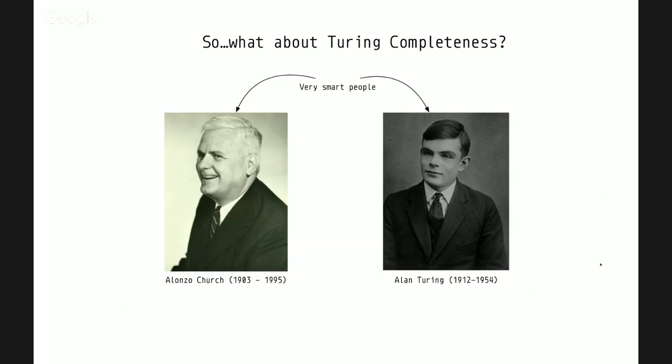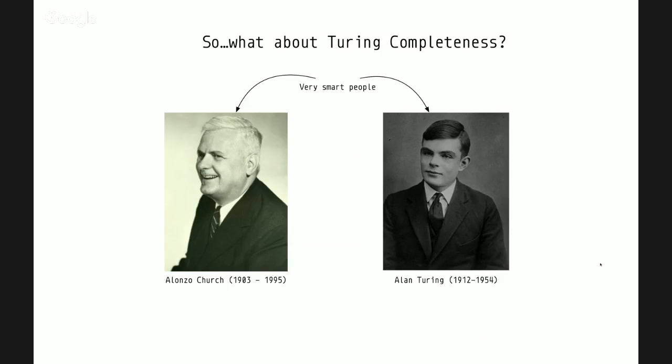Both Alonzo Church and Alan Turing were working on models of computation at the same time. Alan Turing came up with the idea of a Turing machine, and Alonzo Church came up with the idea of the Lambda calculus. And what's interesting is Turing machines inspired a whole lot of programming languages over the years, and